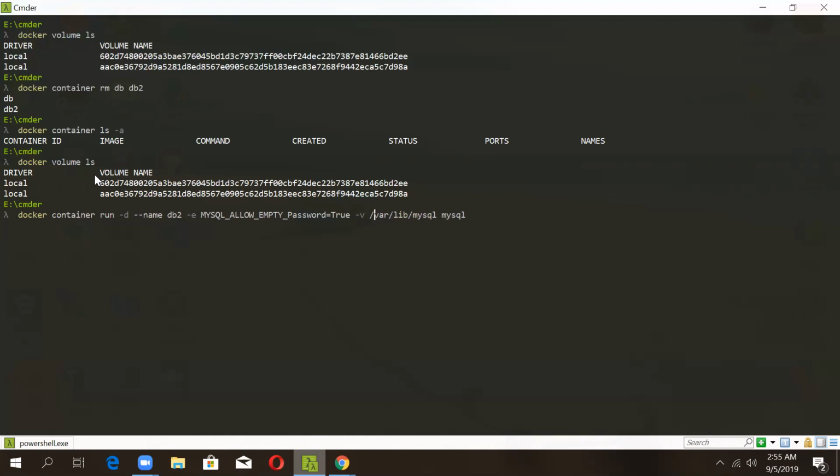So that can be done by just specifying a particular name. We'll be specifying db_volume and a colon in front of it. So now if we run this command,